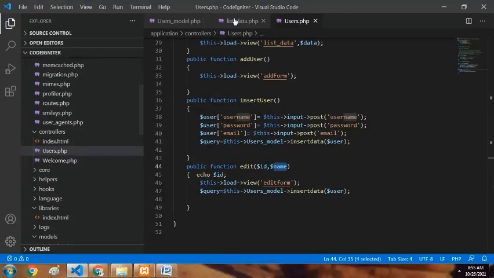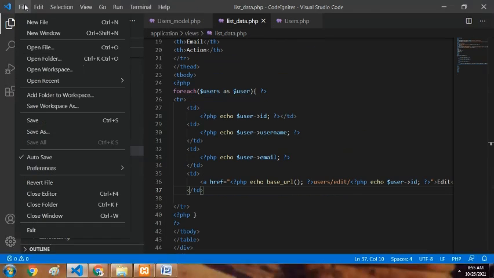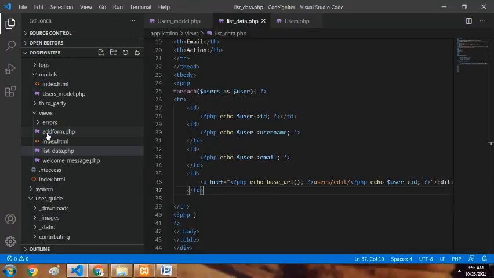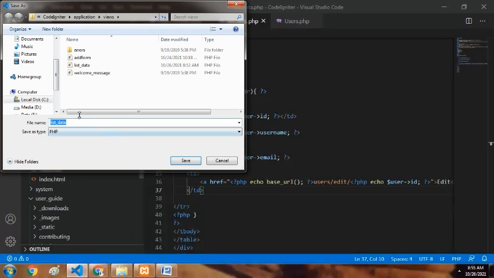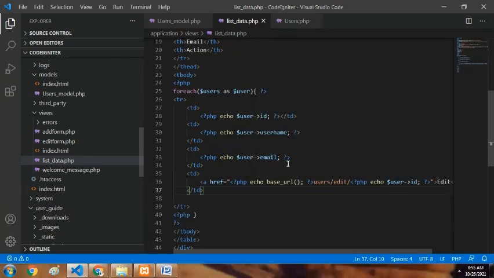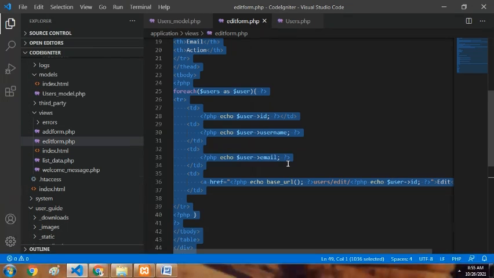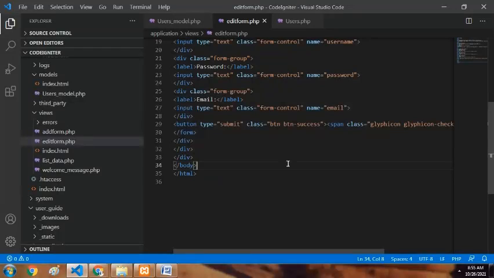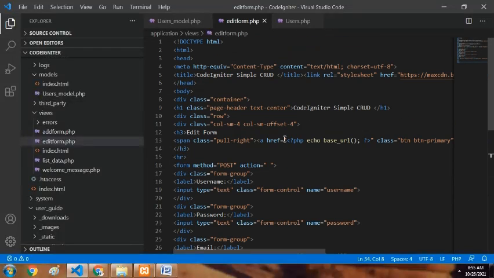So I am taking the list data file, save as. It will go to the views folder, edit form. Pasting it. I have only this form, no action.